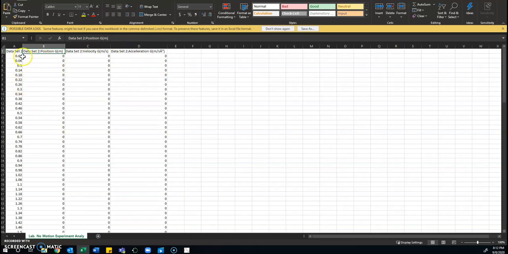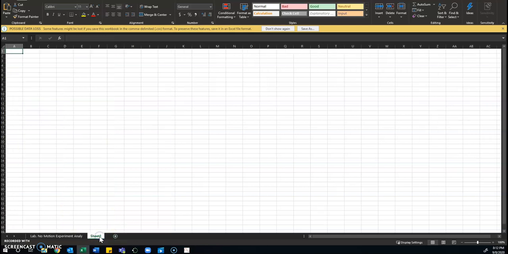All right, so we have to create a position time graph, a velocity time graph, and an acceleration time graph, right? I'm not going to go through how to create the actual graphs. What I am going to do is show how you isolate just the position and time, just the velocity and time, just the acceleration and time. So what you're going to want to do is create a new sheet. In this sheet, go ahead and name it. The way you name it is you double click on the actual sheet on the bottom, and then name it position